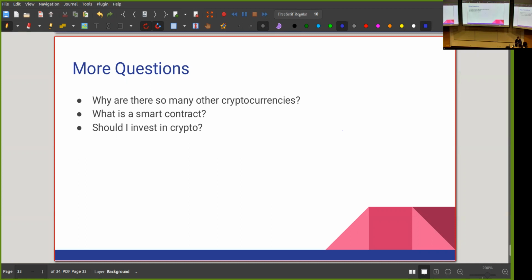Now, another question is, what is a smart contract? You might have heard about this a lot, or if you haven't heard about smart contracts, you have definitely heard about NFTs, which are like a special type of smart contract. So some blockchains like Ethereum actually allow you to put code on the blockchain. So you can take a computer program and put it on the blockchain. And then this program, which is called a smart contract, can receive money and can manage money according to its code.